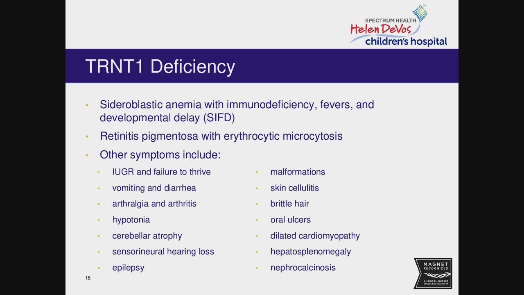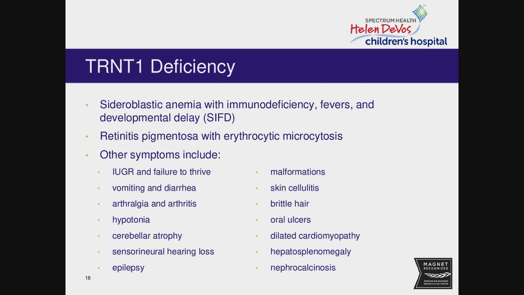Prior to genetic testing, it was thought that SIFD and retinitis pigmentosa with erythrocytic microcytosis, which more commonly presented as an adult, were separate things, but now we understand them to be a continuum, a spectrum of this TRNT1 deficiency. In the literature, other things that I saw it presenting with were IUGR, failure to thrive, diarrhea and vomiting, arthralgias,